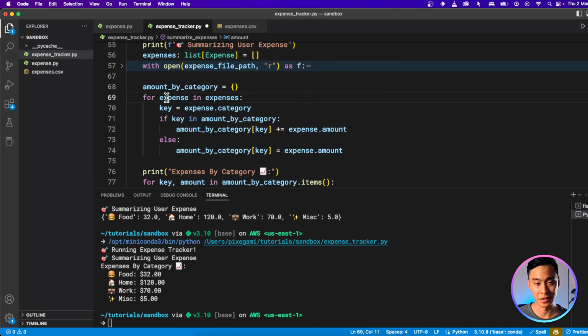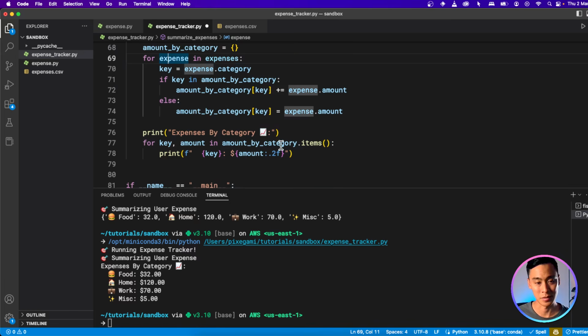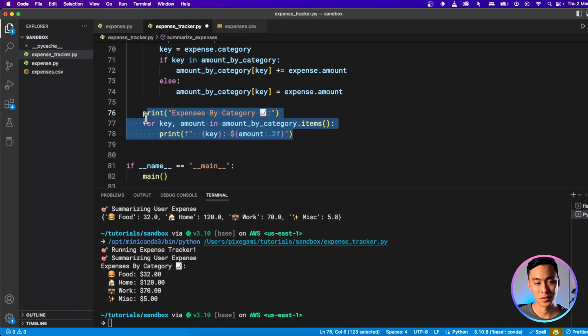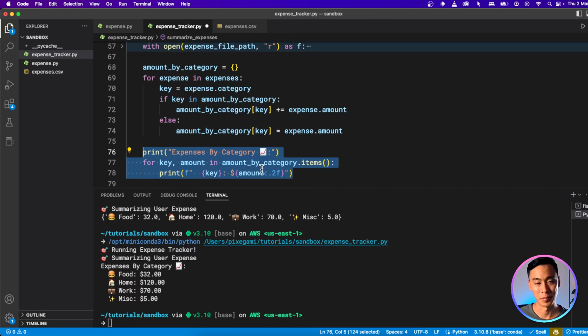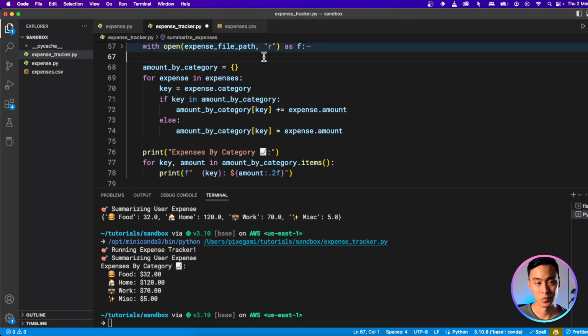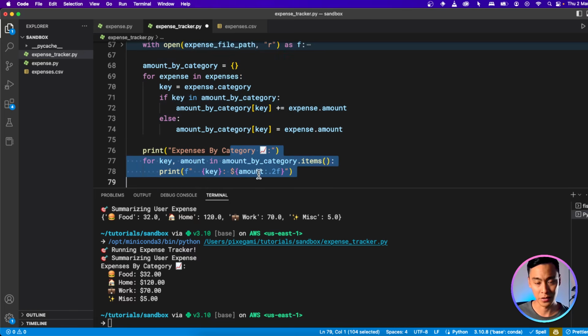And I could do that in this loop or I could do that in this loop. It doesn't matter. I'll probably just do it here because in this part, I'm just showing information and I don't want to mix up that logic. So to show the remaining budget, first I have to work out the total of everything that I've spent. And I could do that either here or here since I'm already looping through those items, but it's usually better not to do two things in one place if it's part of a different problem.